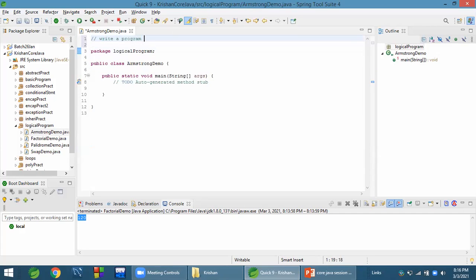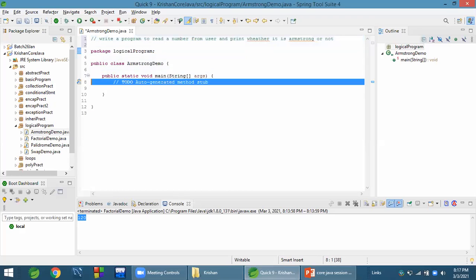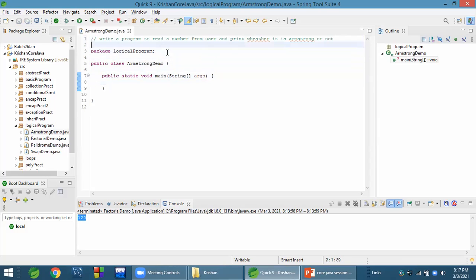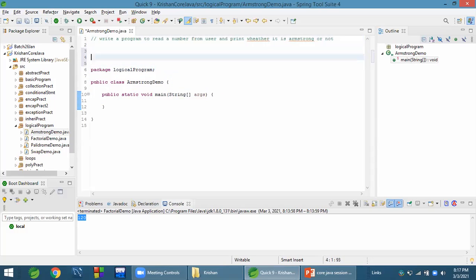Write a program to read a number from the user and print whether it is Armstrong. Armstrong number means the sum of the cube of each digit will be the same number.